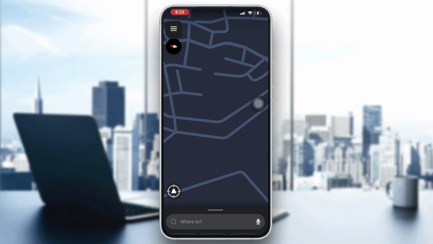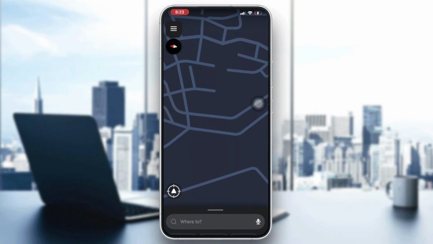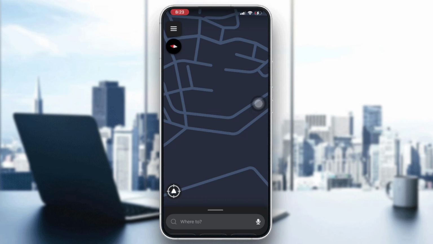So in today's video I'm going to show you how to set your work address in Waze. Saving your work address in Waze makes it easier to get directions to work without entering the full address every time. So actually guys, first you will need to open the Waze app on your smartphone and then just tap